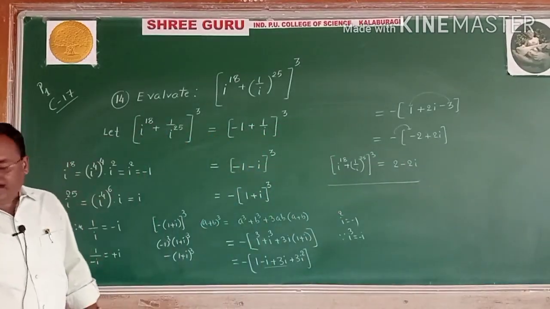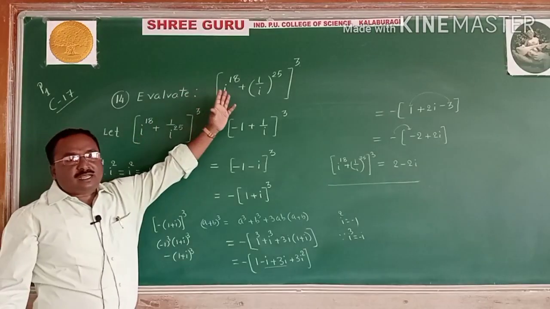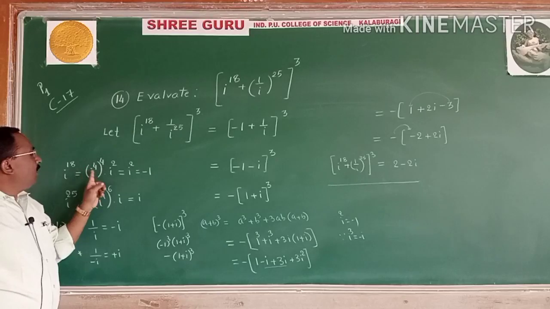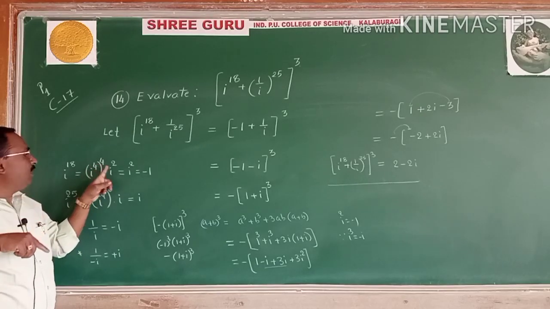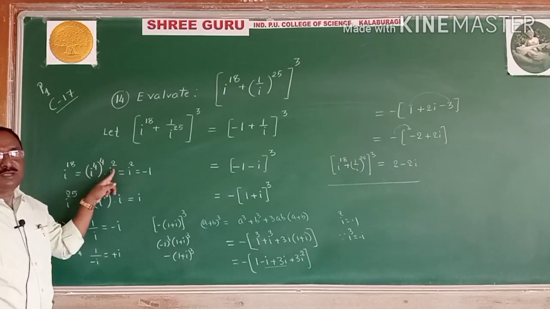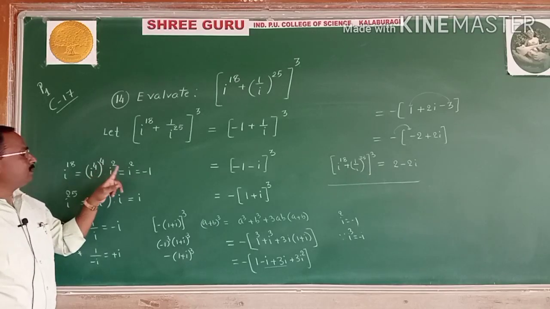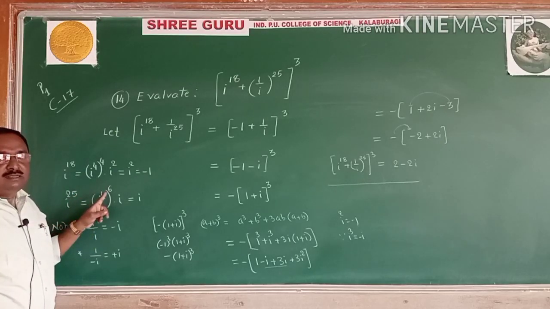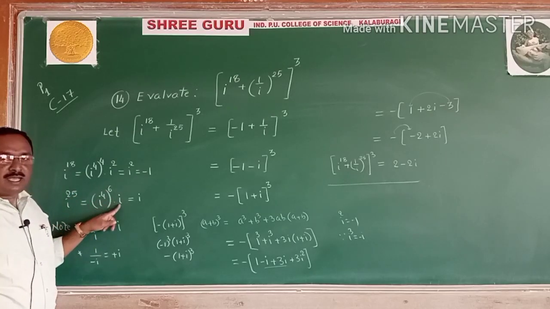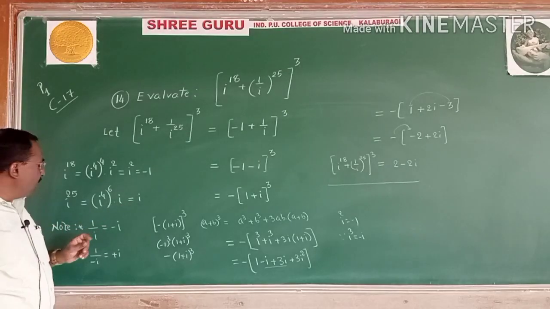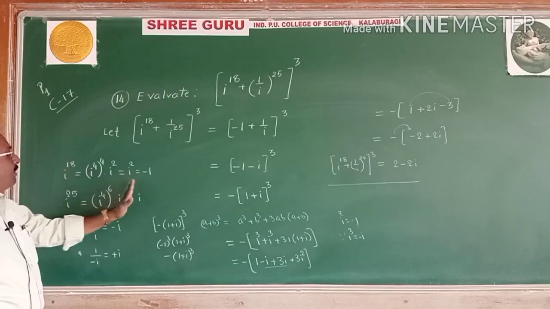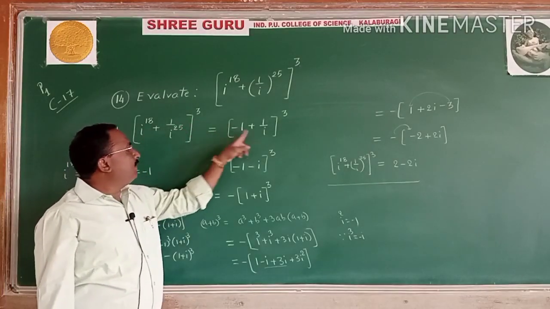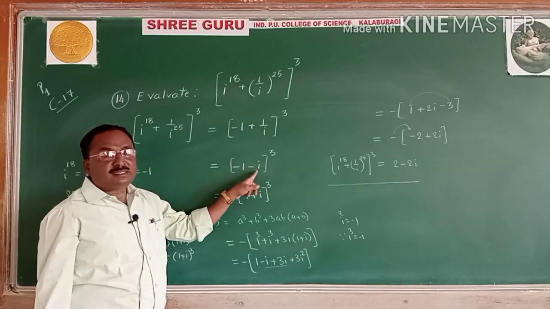Any doubt? Here, the biggest power of i can be converted to the smallest. I power 18: 4 fours are 16, remaining extra is i square, remainder is 2. 16 plus 2 is 18, yes, i square value is minus 1. And i power 25: 4 sixes are 24, remainder is 1, so i separate. That is i power 18 is minus 1, i power 25 is i, so 1 by i, note, is minus i.